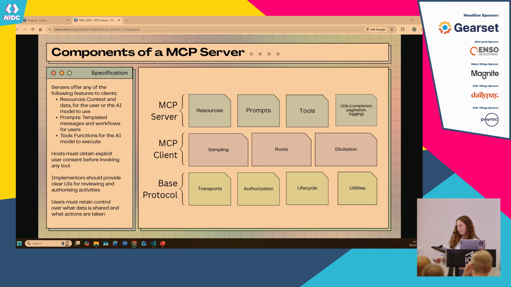Above that, we have the MCP client layer. This is the piece that handles the connections between large language models and MCP servers. So examples would include Copilot, Claude Code, Cursor, even ChatGPT as of a couple of months ago, and also your